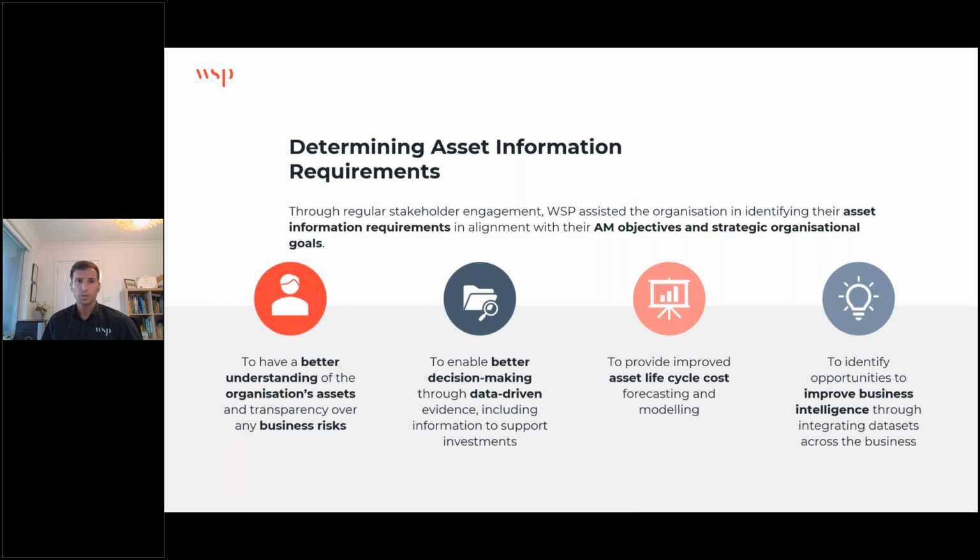Firstly, the port wanted a better understanding of their assets, to have the transparency and visibility of their business risks. Which assets are in particularly poor condition? Are their assets about to reach their end of life? Is there a major asset that needs to be decommissioned? With the visibility over their entire asset portfolio, they wanted it to help inform and enhance business decision-making. By having real data, real evidence, the port would be able to strongly justify their investment priorities, know when they should do refresh programs, asset replacements, or divert resources.